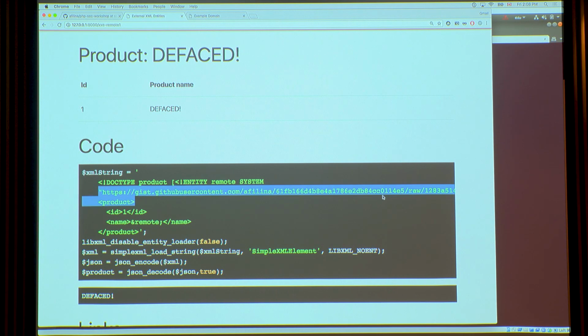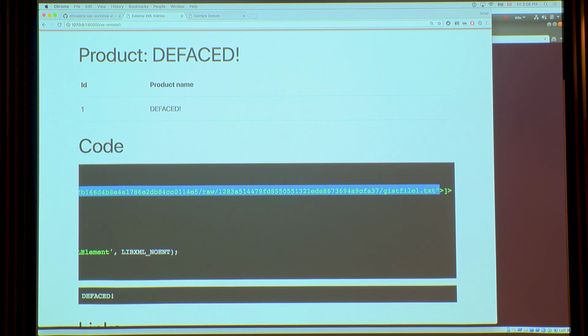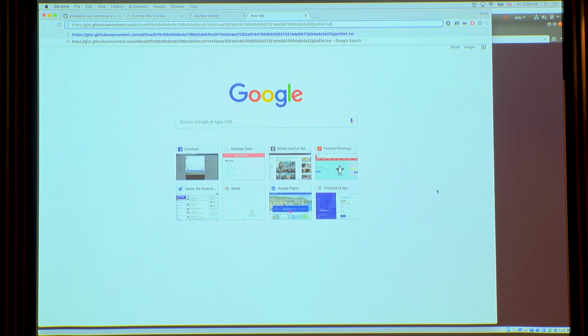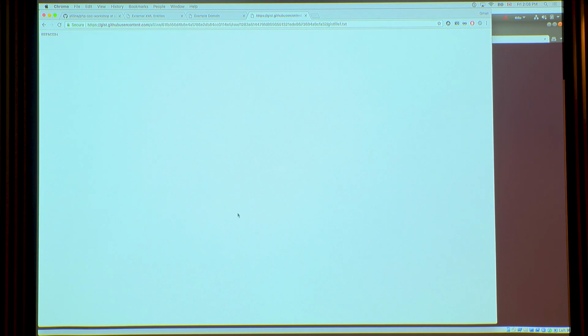This is a GIST I created for you. We can see what it contains. Let's just open the raw thing. And that's all it contains. Really not much. This is a simple one. It says defaced, which means that